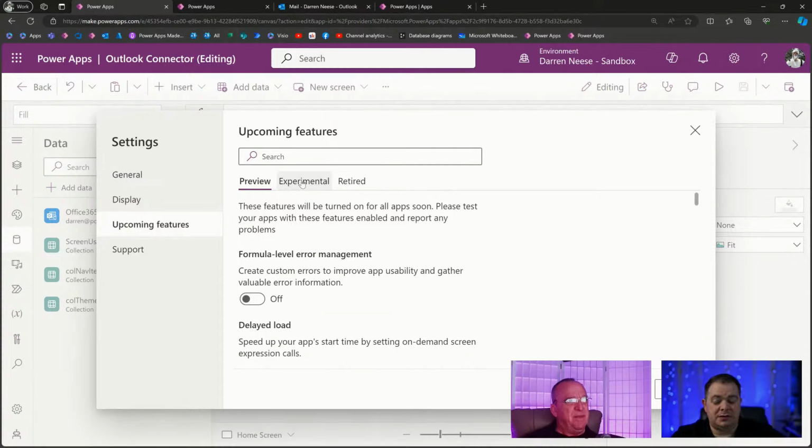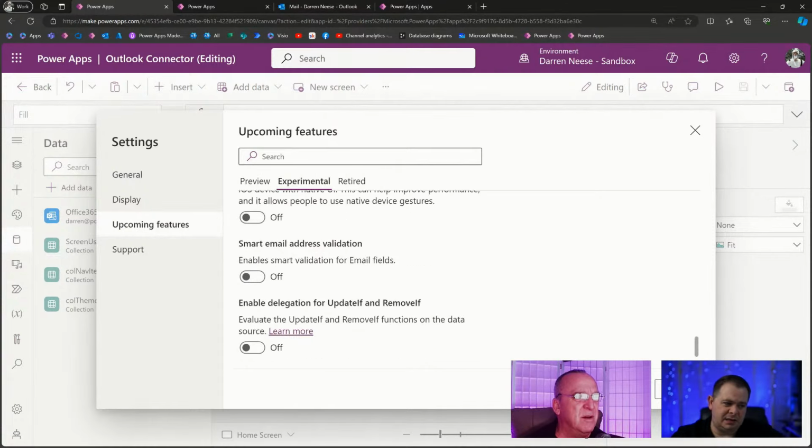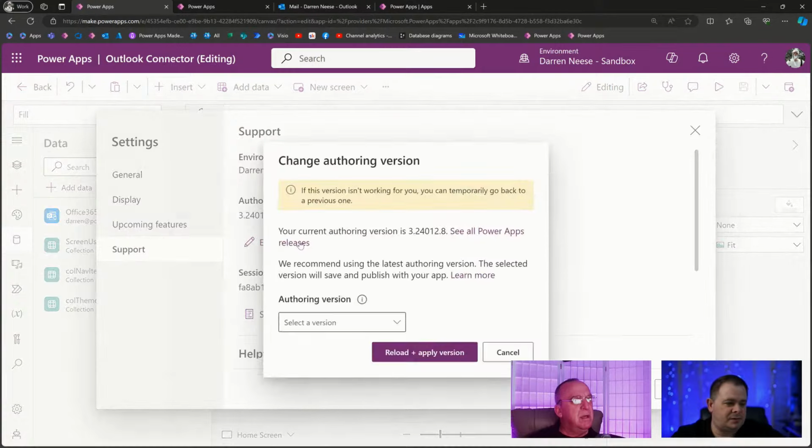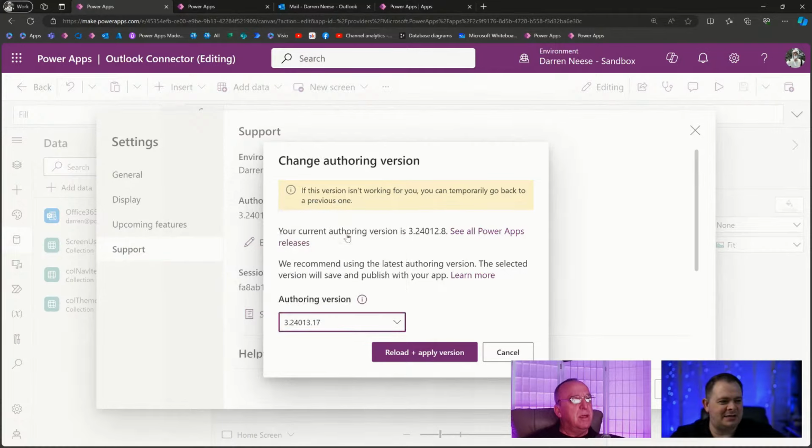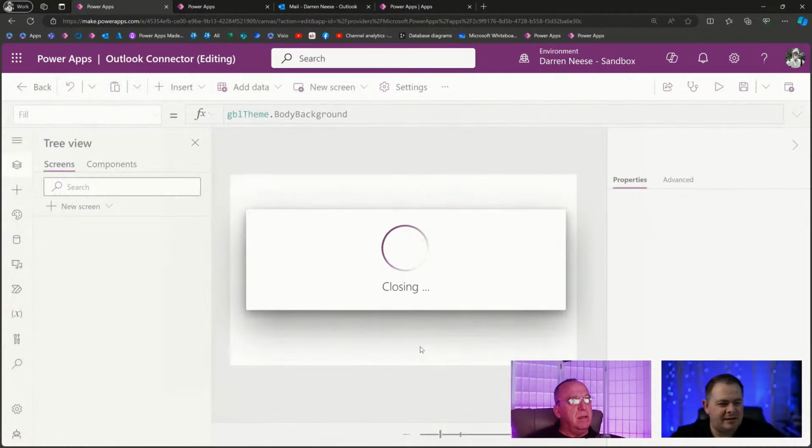I thought it was experimental. I think I remember that, but I didn't see it here. So that's why I was going into the version. It's not in there. So I'm going to go down and let's try, maybe not the bleeding edge. Let's go back to 1317 and see if we can get at the